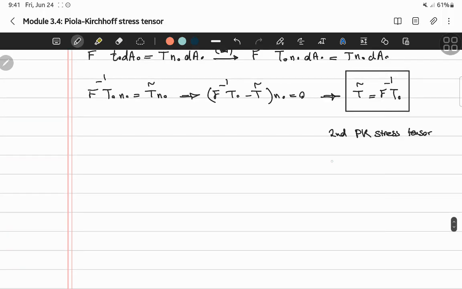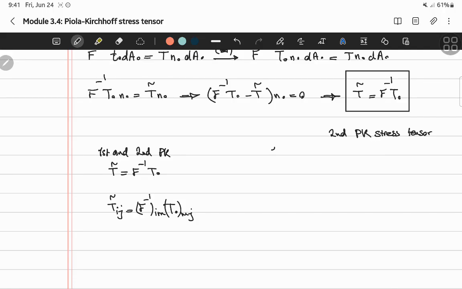So if I write this in tensorial notation, the second Piola-Kirchhoff stress tensor is T tilde equal to F inverse T0, and in index notation T tilde ij is equal to F inverse im T0 mj,